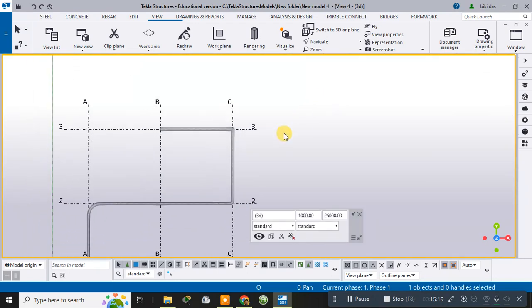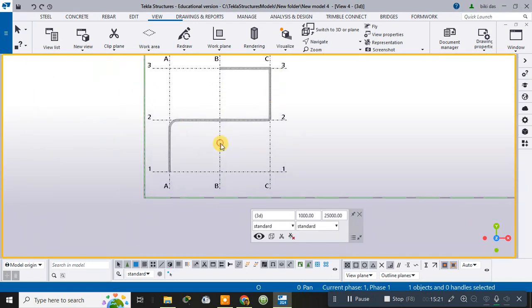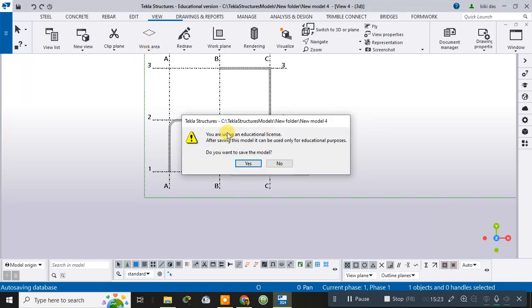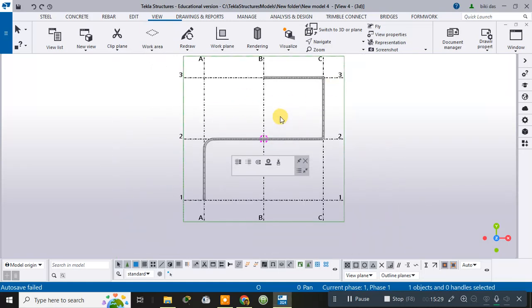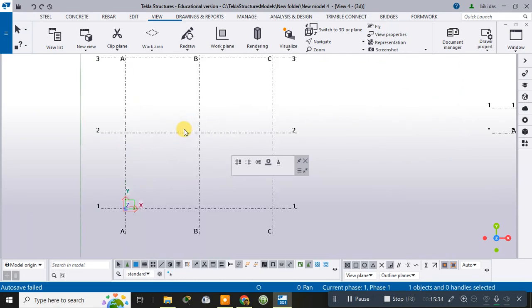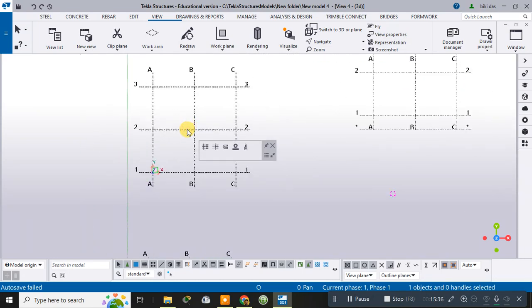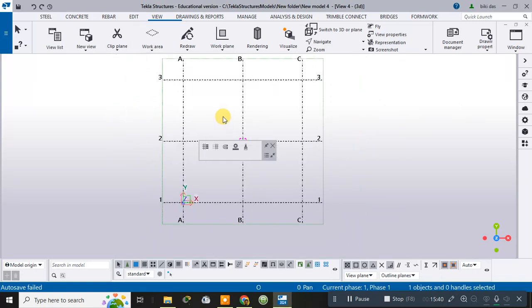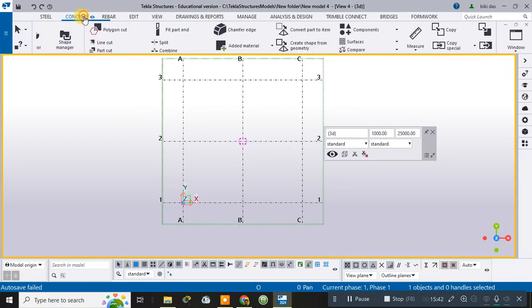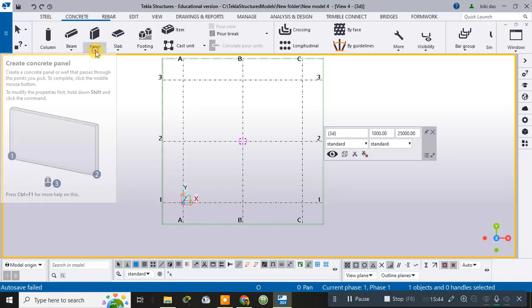So as I have created the walls in this view, I can select this and I can show this model by going here and selecting this model. So as you can see here, this one is my view. Suppose I want to draw the diagram in a different grid. Suppose I want to show in this grid, I will go there, click on this and select. After that, I will show you, as I have shown you about the concrete wall panels,